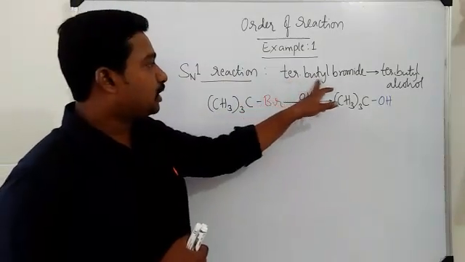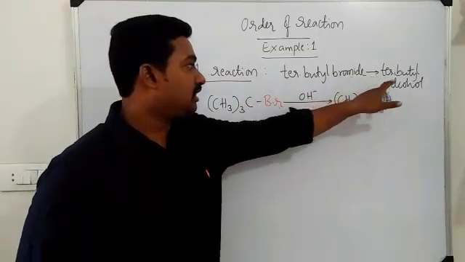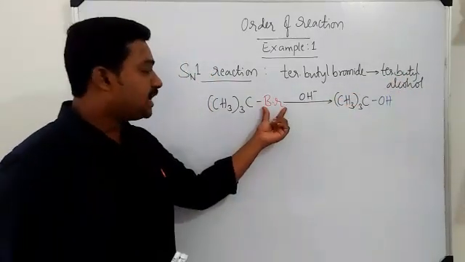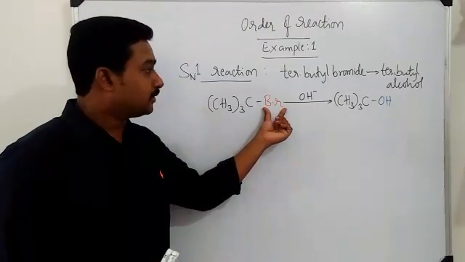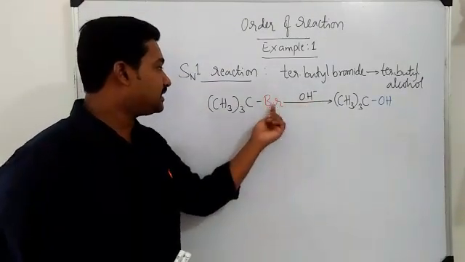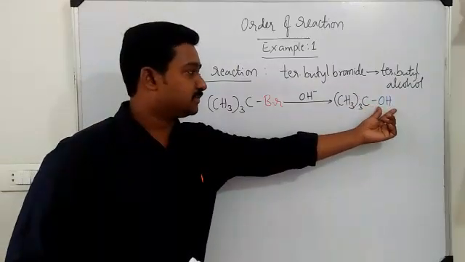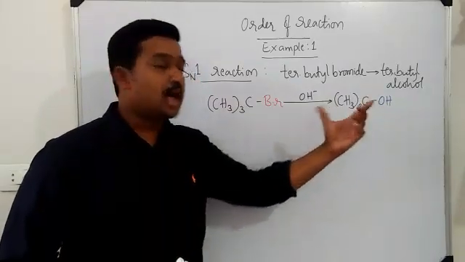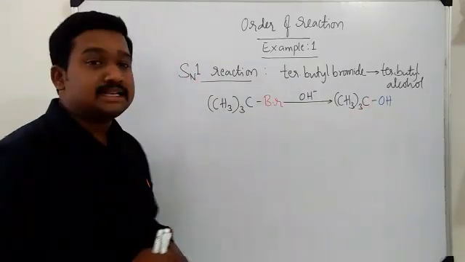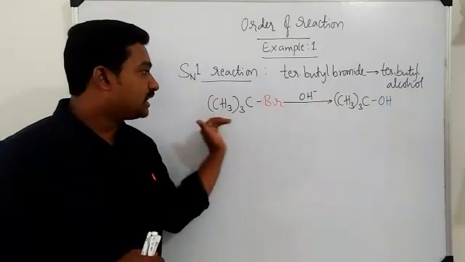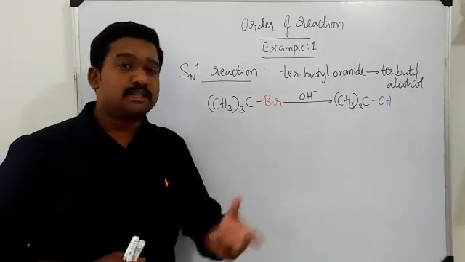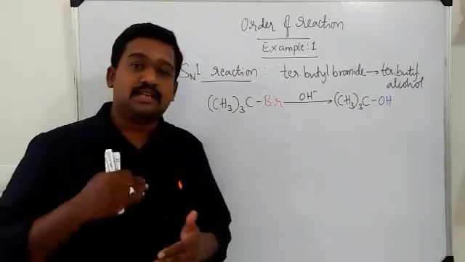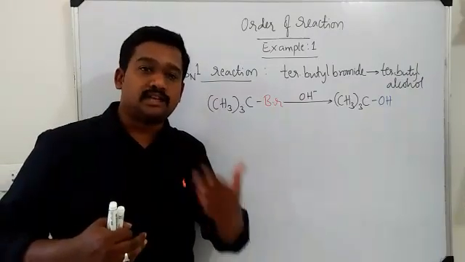There is tertiary butyl bromide molecule which is converted into tertiary butyl alcohol. In this reaction, there will be a group which is called leaving group, and a new group will be replacing this leaving group at its position like this. So tertiary butyl bromide is converted into tertiary butyl alcohol. This looks like a single step reaction. Though it looks like a single step reaction, it is a complex reaction, as we have understood in our previous video that complex reaction involves more than one elementary reaction in it.